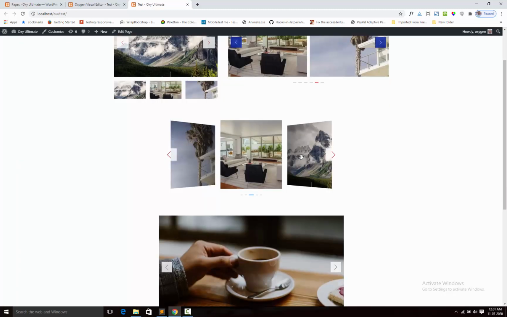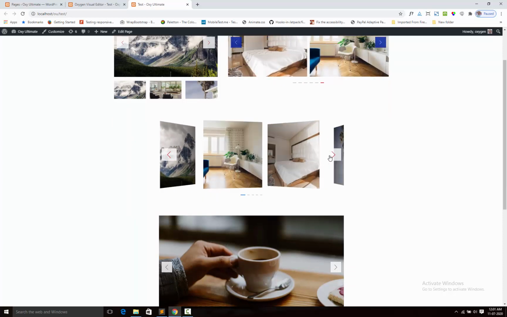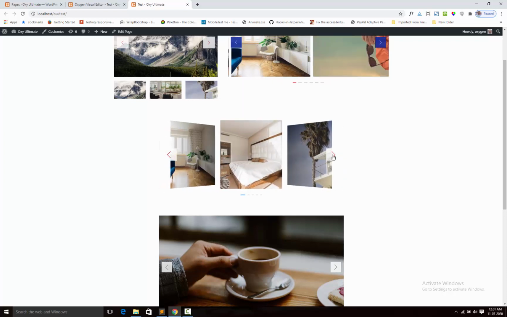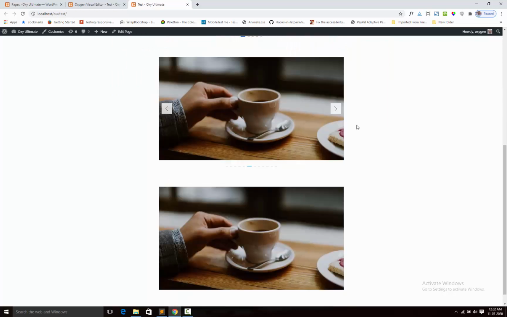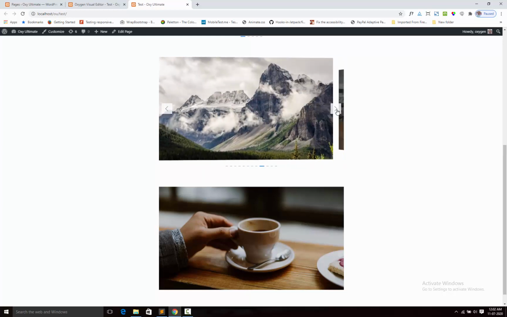Next is cover flow. You can hide the arrow and bottom pagination option also. Another cover flow layout for single image. Here it is.